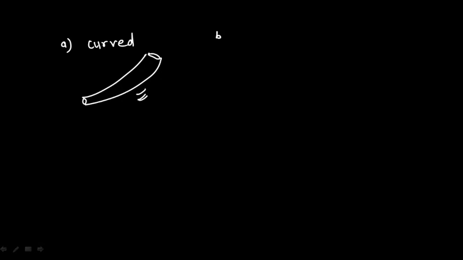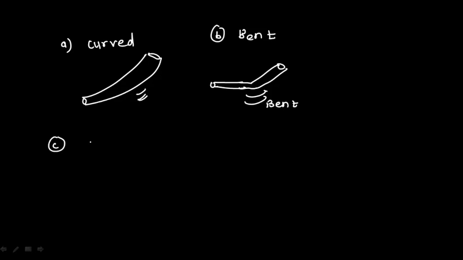ठीक है, B, your wire is bent. So bent is nothing but you are having this kind of the structure and this kind of the structure. So I can say this is nothing but the bent. ठीक है, third condition is nothing but the, you can say your wire is discontinuous. ठीक है, ये यहाँ पे है, आपने उसका continuity break कर दिया, ये दूसरा यहाँ पे connected है. Then you can say your wire is terminated.